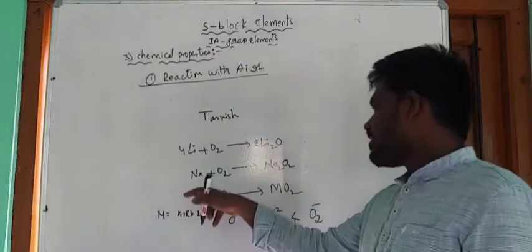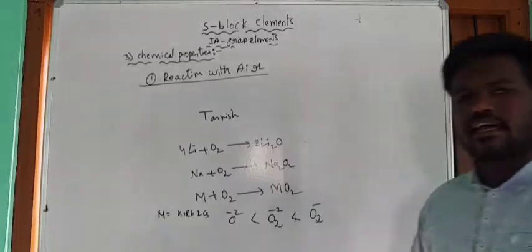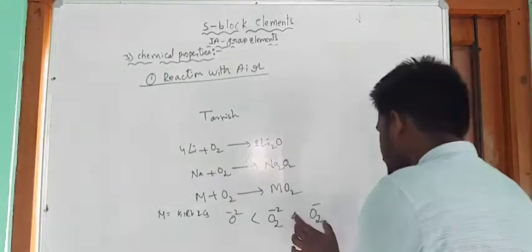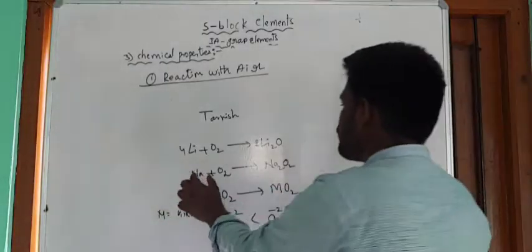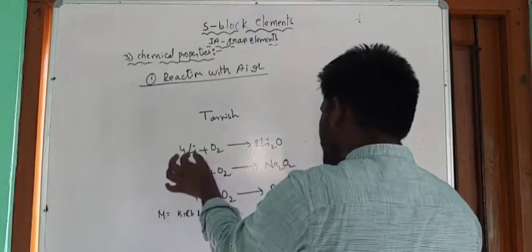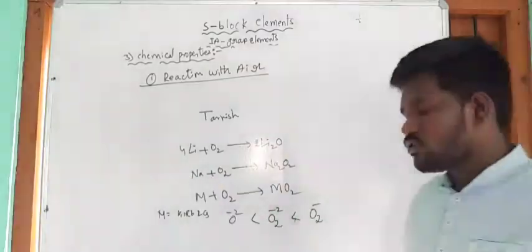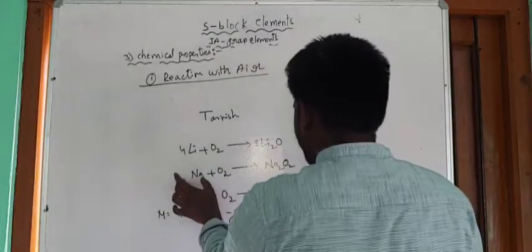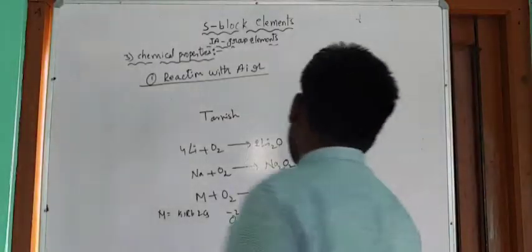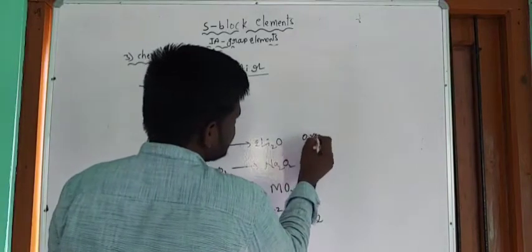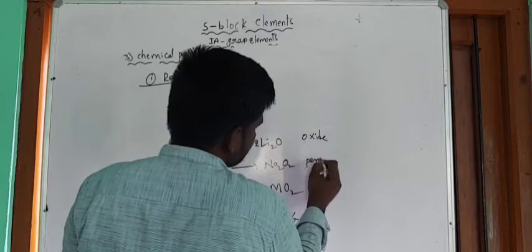And the remaining metals, potassium, rubidium and cesium, are large in size and they are able to react with the large size anion O2-. And the size of sodium, when you compare with lithium and the rest of the metals, is average. So this shows more tendency to react with O2 2-, that is peroxide. So this is oxide, lithium oxide, and this is peroxide.